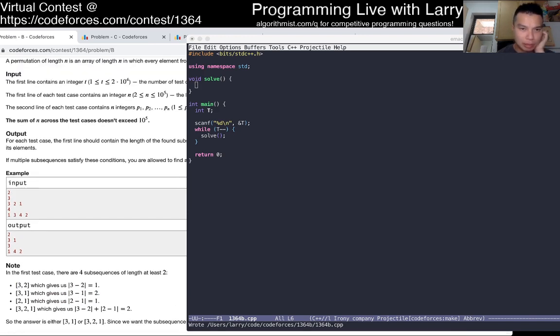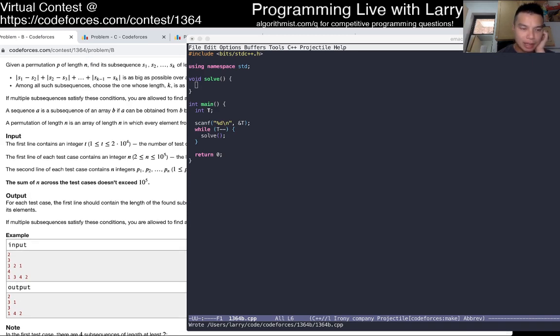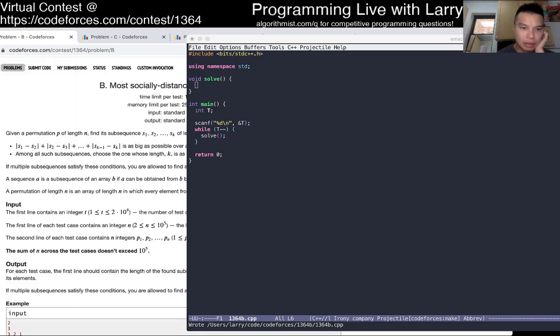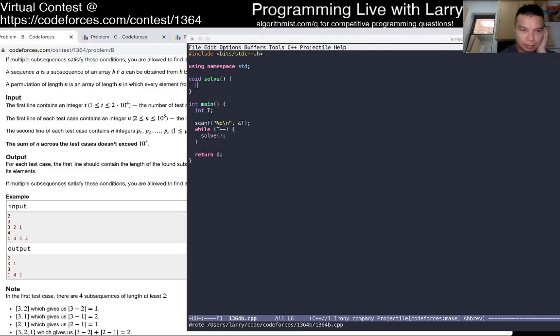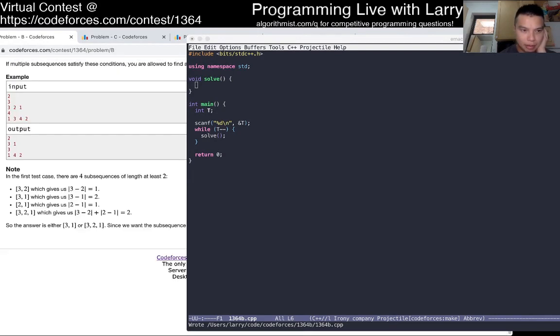So basically we want a subsequence such that we remove certain elements and the absolute differences of the adjacent elements are the biggest. Okay. So the thing to observe is that if you have 3, 2, 1, you could remove the 2, because if it's between 2 numbers you can just remove it. And now how to formulate that? You could just keep on doing that.